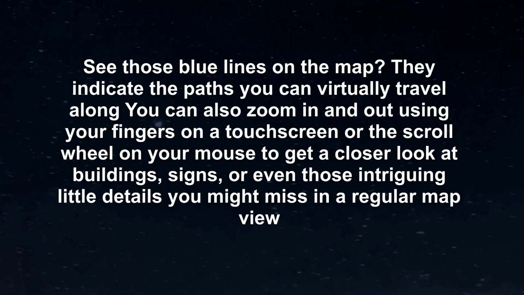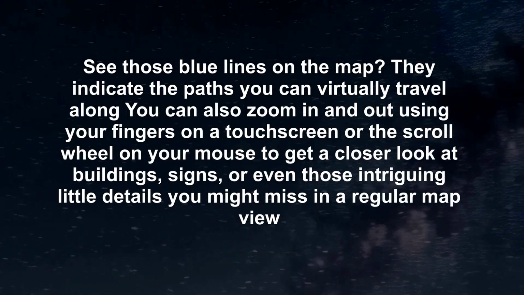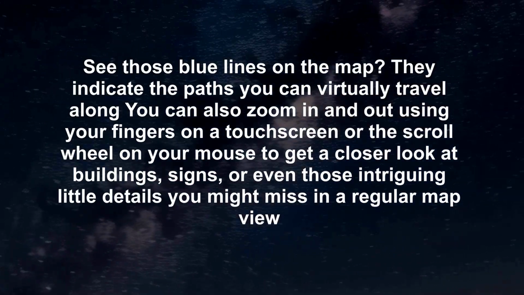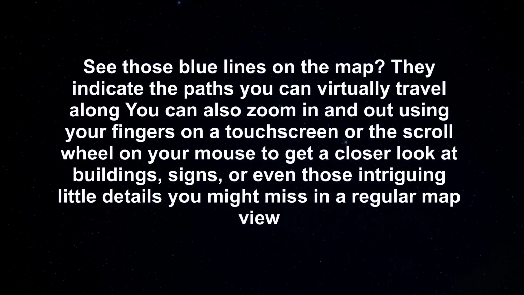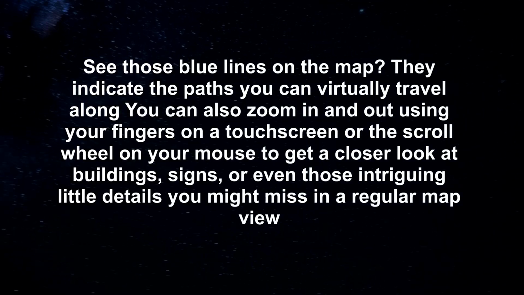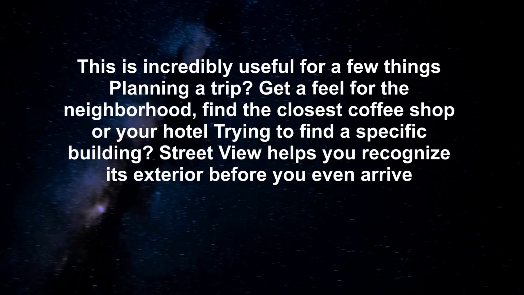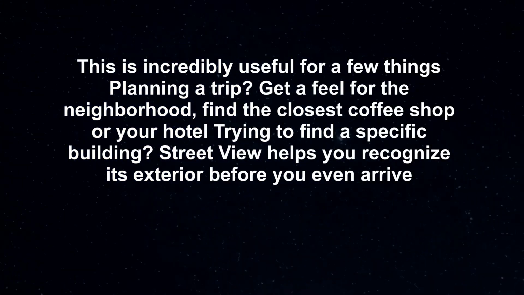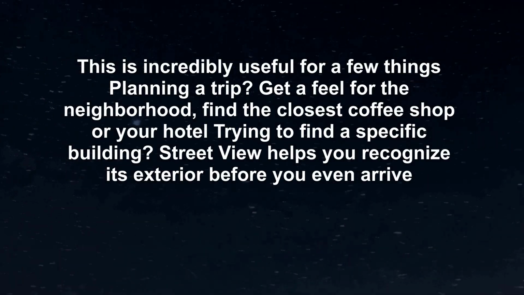You can also zoom in and out using your fingers on a touchscreen, or the scroll wheel on your mouse to get a closer look at buildings, signs, or even those intriguing little details you might miss in a regular map view. This is incredibly useful for a few things: planning a trip, get a feel for the neighborhood, find